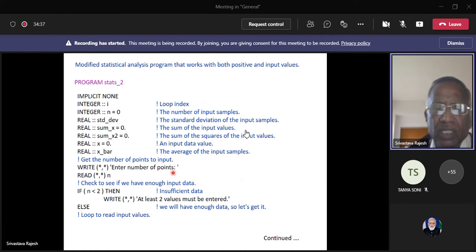If you know that number of data, and that is not very difficult, you know how many lines are there. So here your checkpoint is read n. So now you are telling I have 95 data. So it asks, you write 95, so n becomes 95 when it reads. Check to see if we have enough input data. I mean, doing averaging usually if you don't have data,